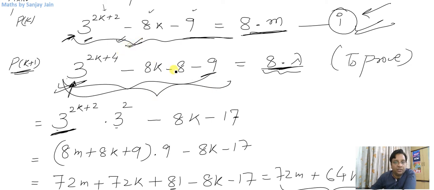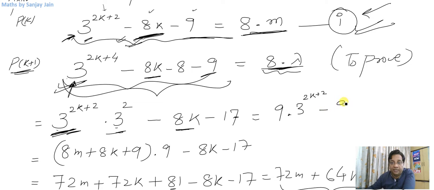Now the other thing that I was saying was that you can bring this expression entirely into this form. How? Because this is nothing but 9 into 3 raised to power 2k plus 2, and then this is 8k and this is 8k here also. So if I write it like this, 9 into 8k, in the end this was only minus 8k with you. I have written minus 9 into 8k. So in the end you will have to add 8 into 8k to make the statement same.